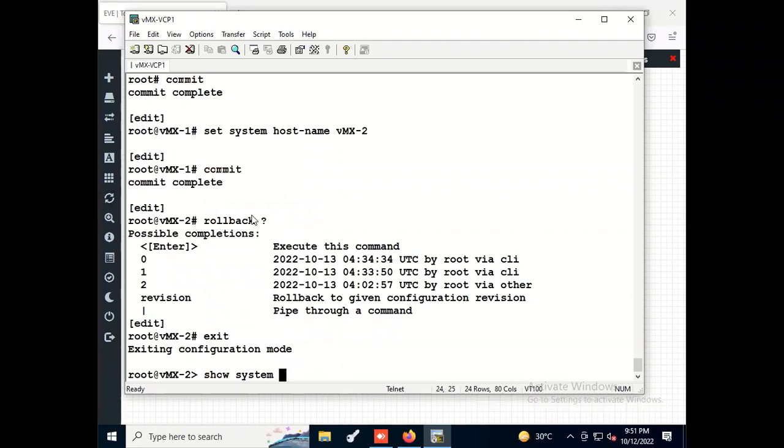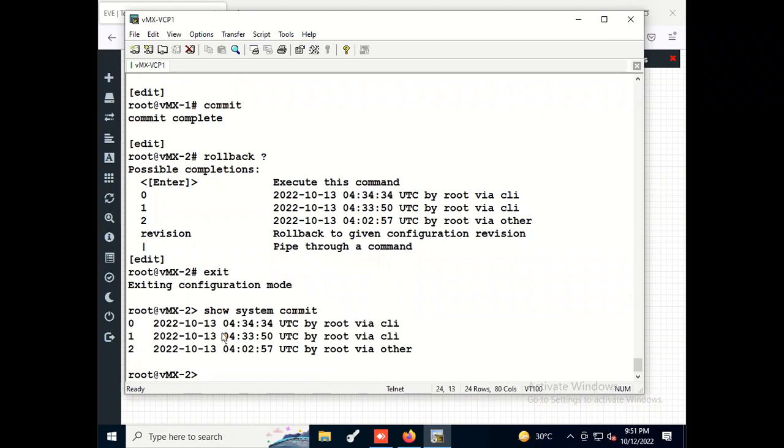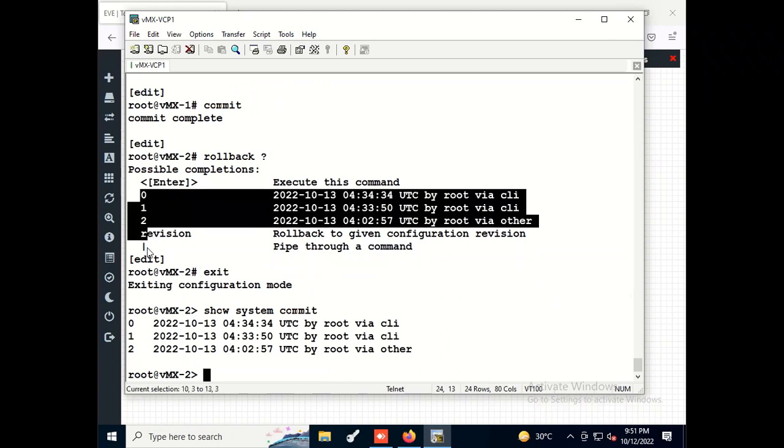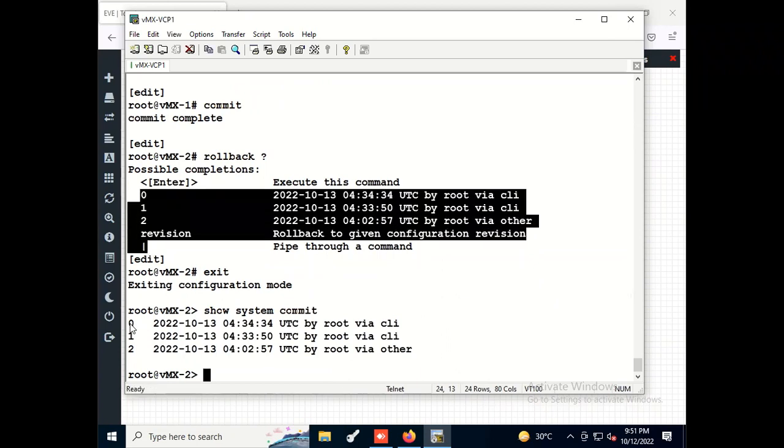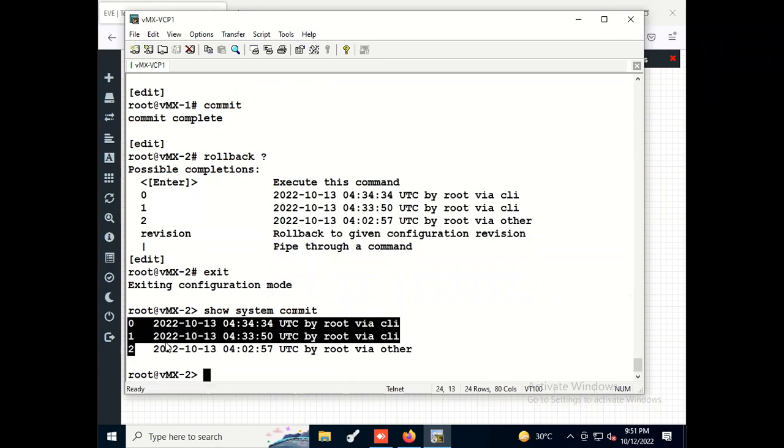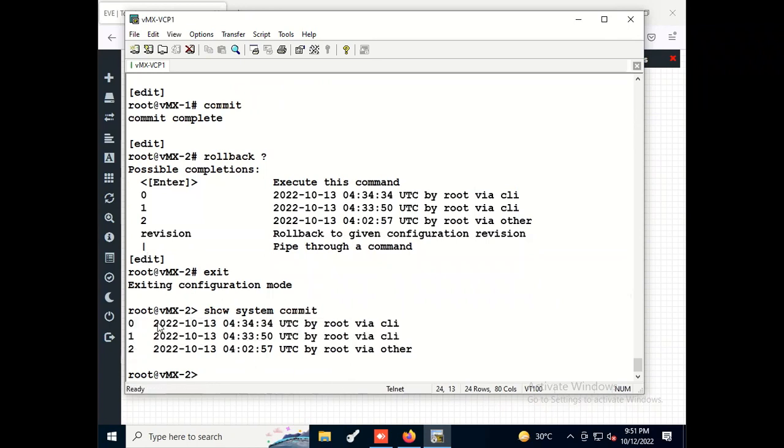You have seen when I put rollback 0, you can see these rollbacks are there, right? In the user mode, if you give the command show system commit, you can also see this same rollbacks here. These are the rollbacks. Okay, and then it is giving you date and time, exactly when something was changed, and